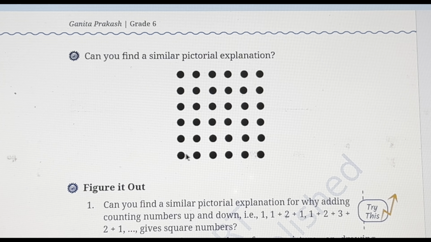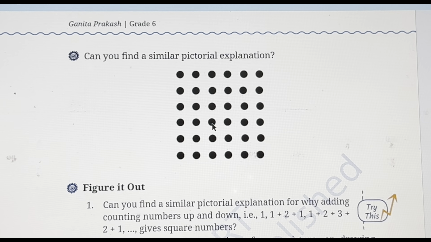Now just observe this square, only 4 dots. So what we are doing: 1 dot, then these 2 dots and this 1 dot. So 1 plus 2 plus 1 gives you 4. Similarly, if you see the 3 by 3 square, 1 plus 2 go crosswise, plus 3 plus 2 plus 1. You understood why you got this?